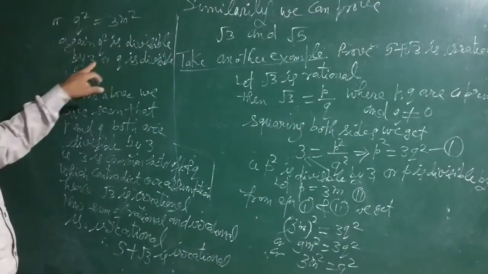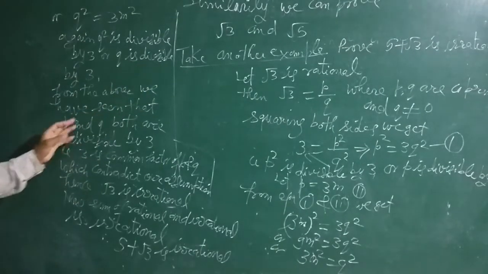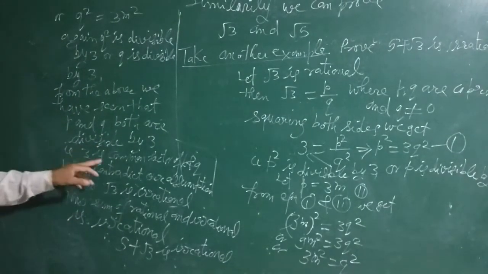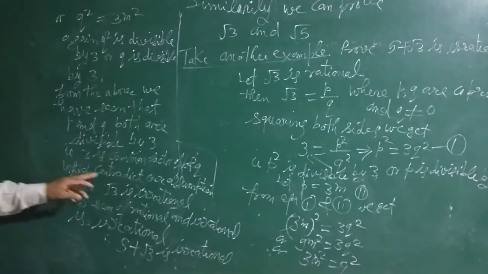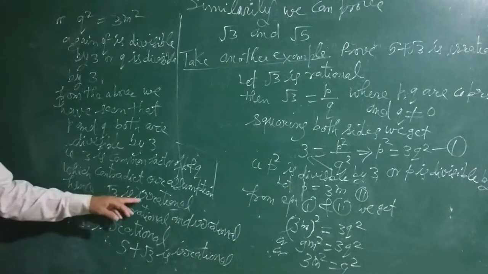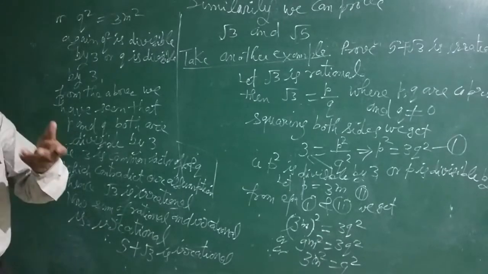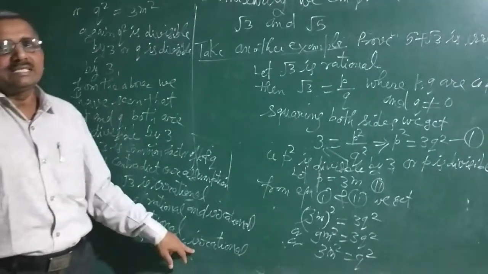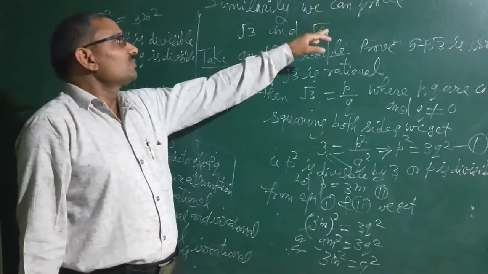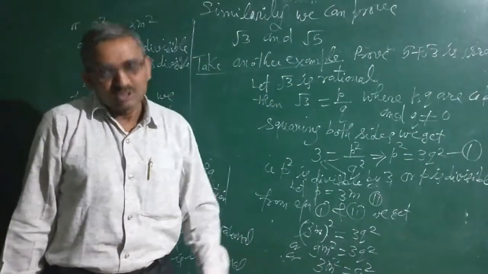Again, q square is divisible by 3, or q is divisible by 3. From the above, p and q both have common factor 3, which contradicts our assumption because we supposed that p and q are co-prime. So root 3 is irrational. Now, we know that the sum of rational and irrational is irrational. So 5 plus root 3 is irrational. So this is all about the proof. Similarly, you can prove root 5 is irrational, and other questions can be solved with the help of this much. Thank you.